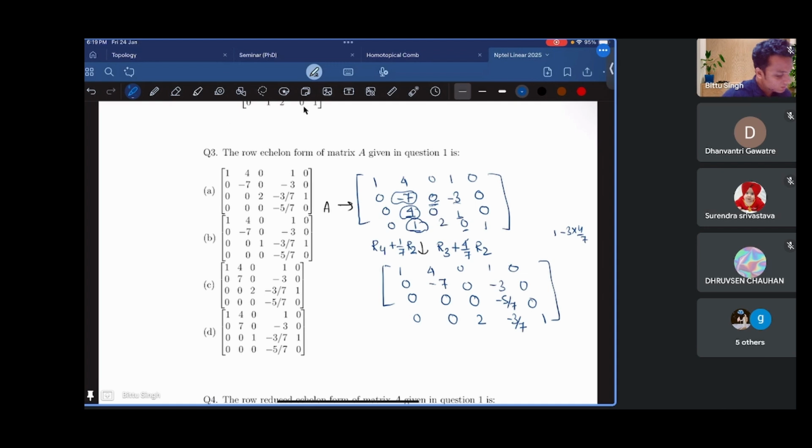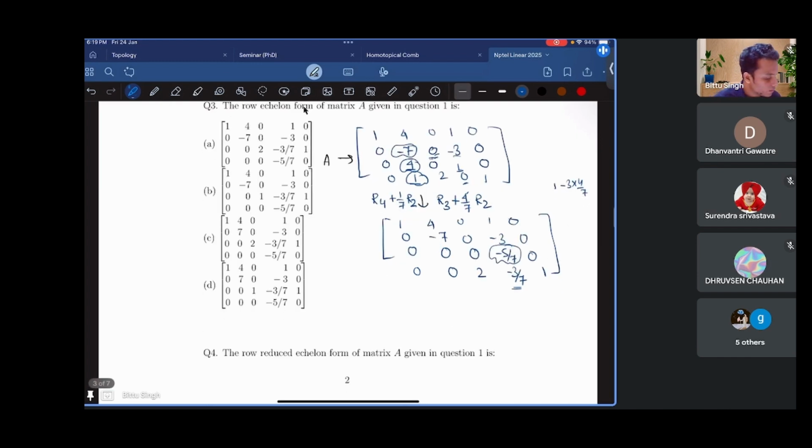Now again we can see that row 3 contains this non-trivial, non-zero element, so below that everything should be 0. Therefore we need to cancel this minus 3 by 7. So again apply row operation, we'll get